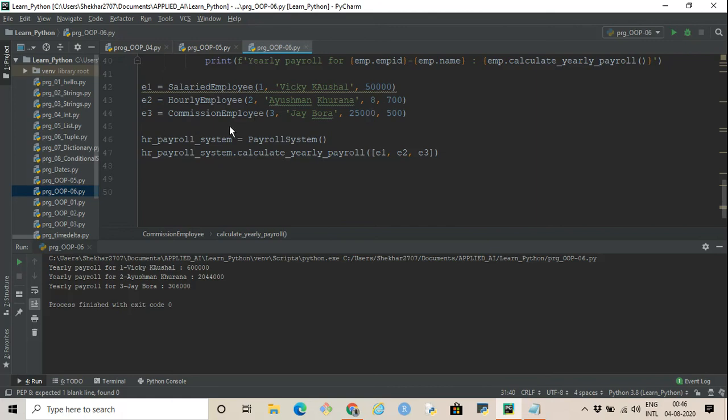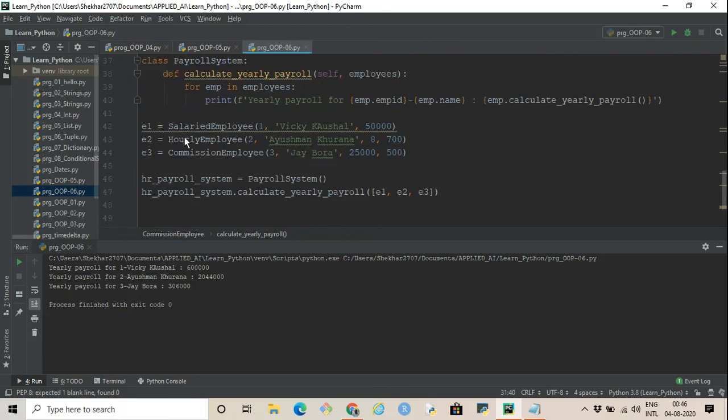And employee 3 is a commissioned employee. Name is Jay Bora with ID 3, and since he's a commissioned employee, he has a monthly fixed salary and monthly commission. So monthly fixed salary is 25,000 and monthly commission is 500. Okay, so this is what we have done. We have created three employees.